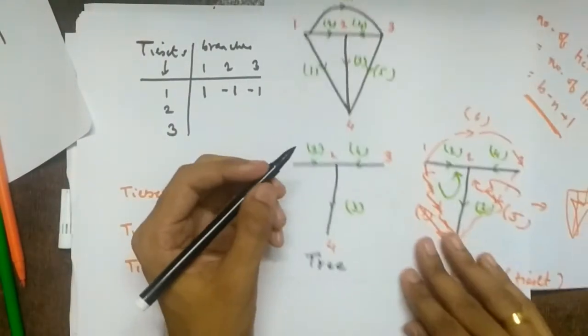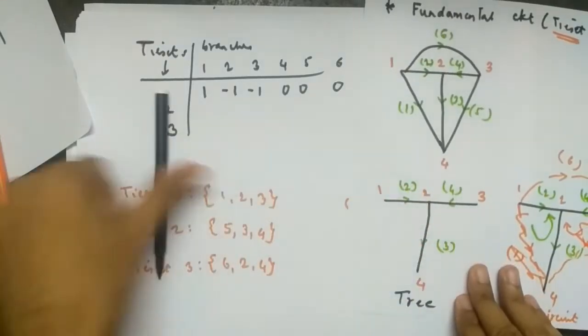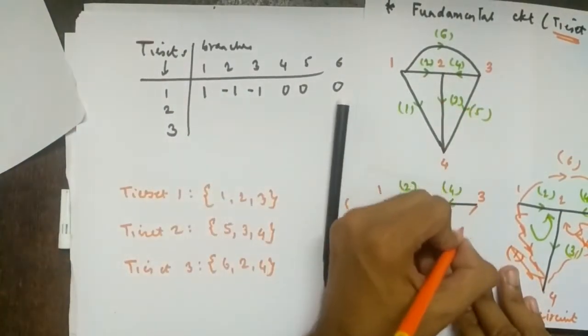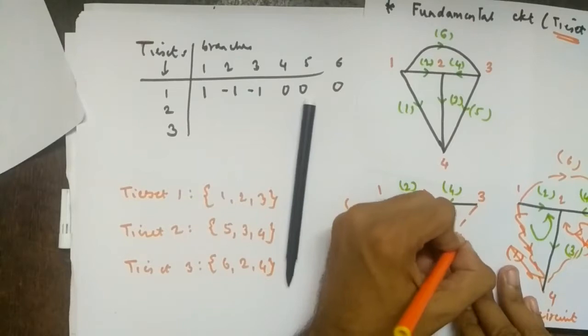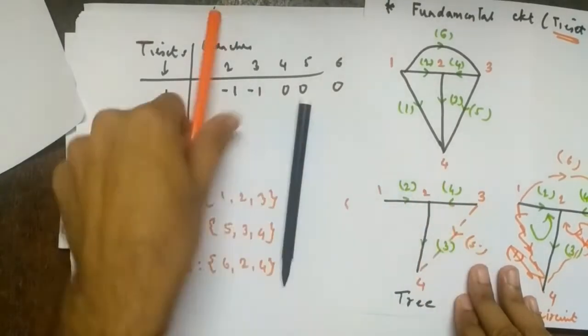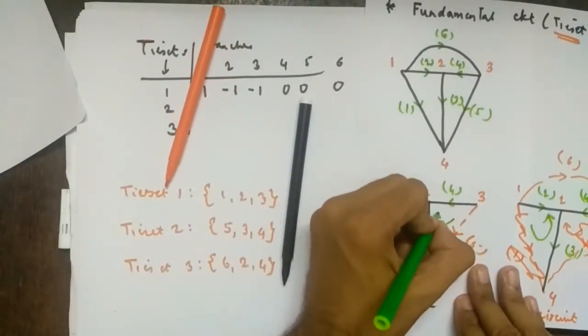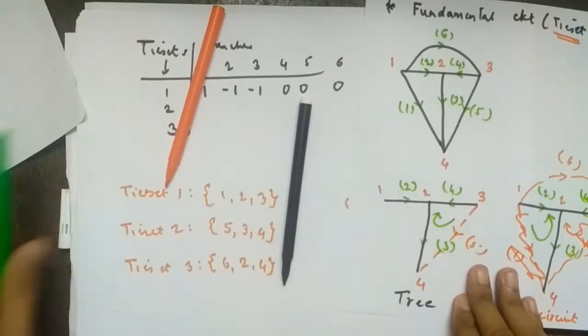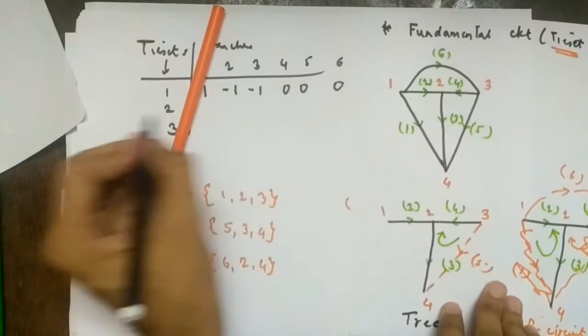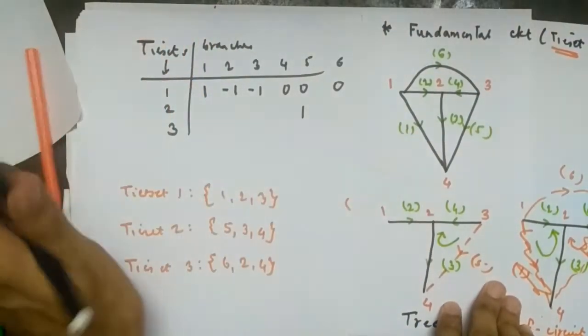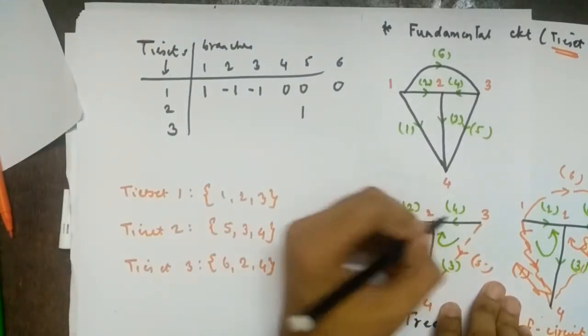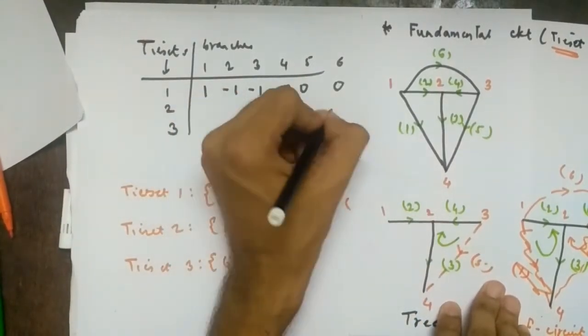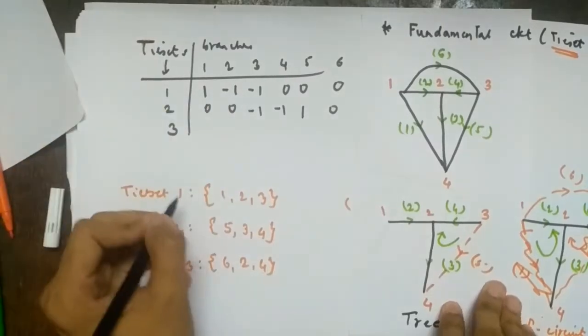So again tie set 2. So tie set 2 will be what? I'll draw it here now. So link 5 is replaced. So this is my link 5, and it looks like this. So what will be the orientation? Like this. So branch 5 is the only one in the direction, right? So this is tie set 2. Branch 5 is 1. Then which are the other branches? 3 and 4. So they will be -1 and the remaining are 0, right?